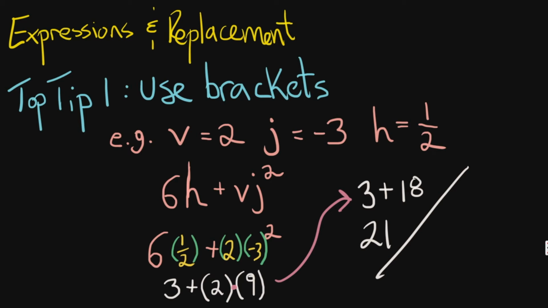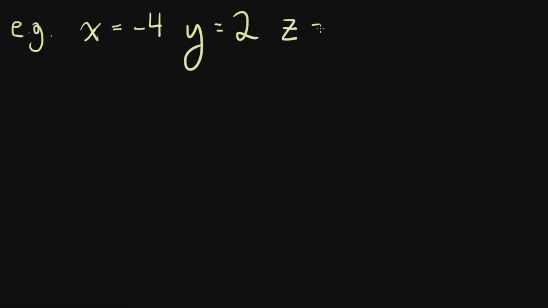Let's do another example. So here's another example. Let's just use our classic x. So x is going to be -4. Y will be 2. And we always want to have a fraction here because fractions are awesome. We'll say z is -1/3. Okay. What's the question going to be? The question will be,